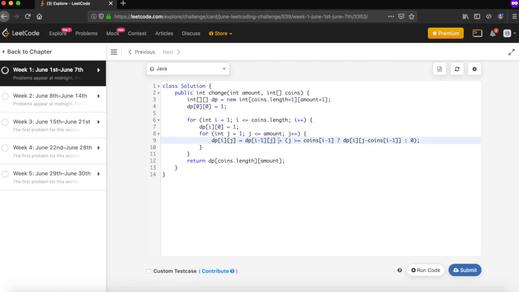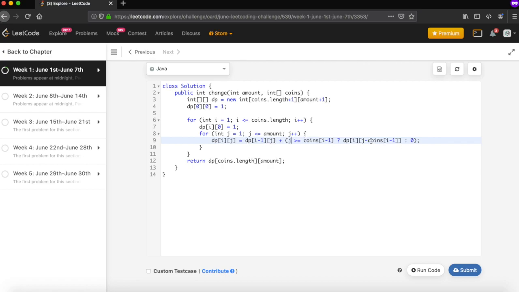Now second, we will add the extra combinations, which will be calculated if your amount, this j, which is nothing but your current amount, is greater than your denomination. If it is greater than your denomination, then we can backtrack to j, the amount minus that denomination, and take the total combinations from that value. And if your amount is less than your denomination, that means we may not be able to do anything, so we will add a 0 to your final result. That means we are always taking the topmost data and not adding anything.